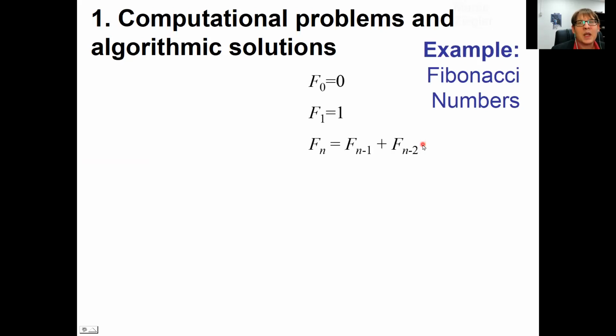Fibonacci numbers start with 0 and 1, and then inductively the next larger Fibonacci number is defined as the sum of the two previous ones. That's the Fibonacci numbers. And on this and the next slide, we want to investigate and devise several algorithms. We will devise 5 different algorithms for computing Fibonacci numbers with 5 different complexities,